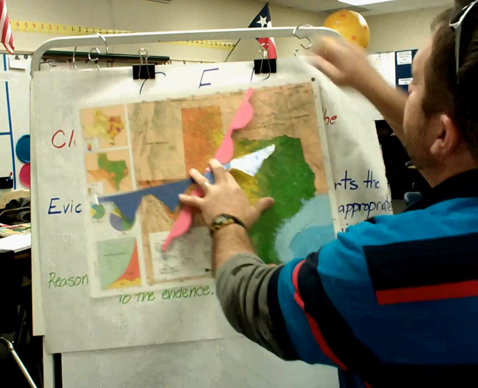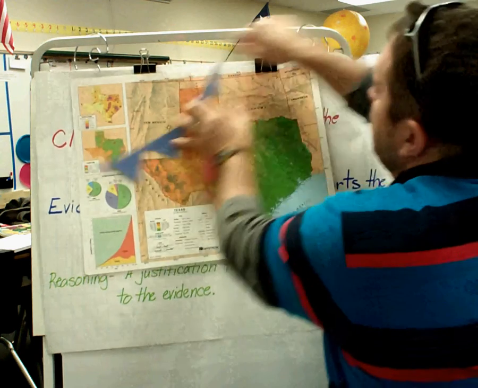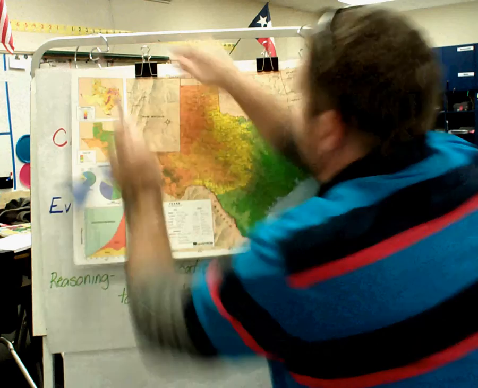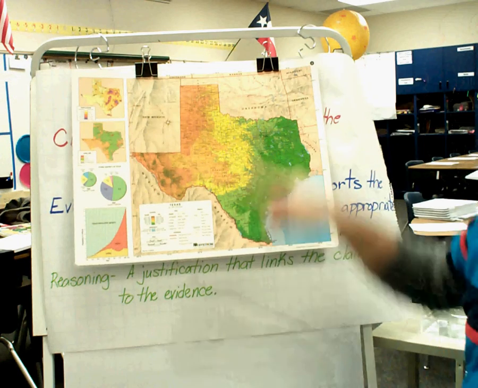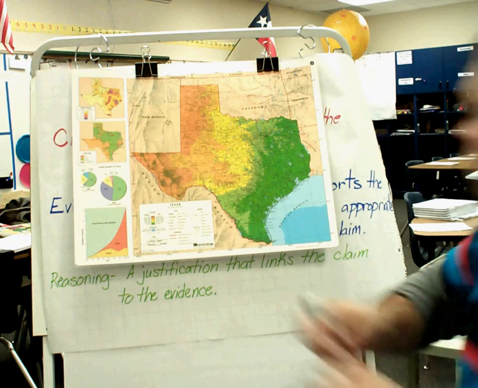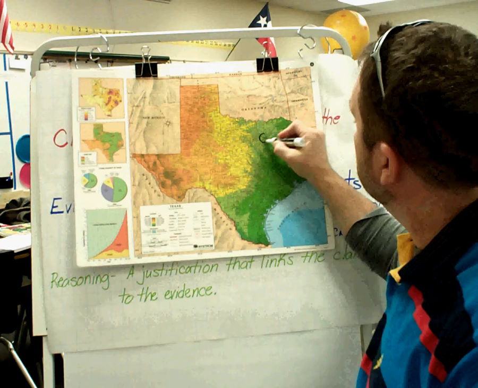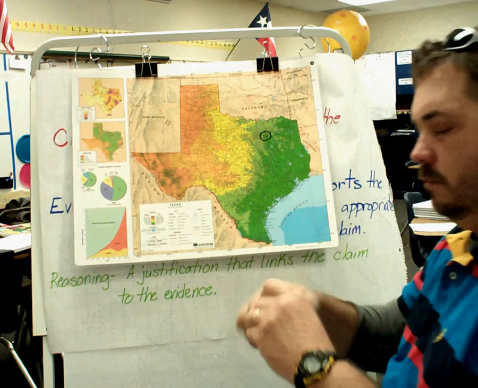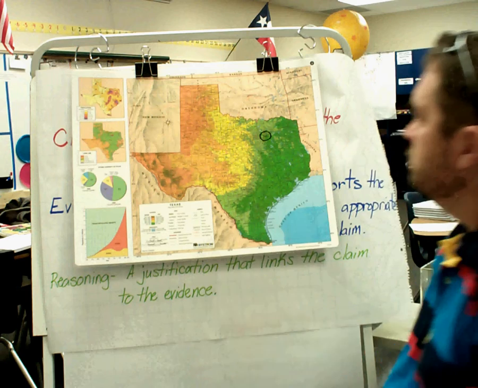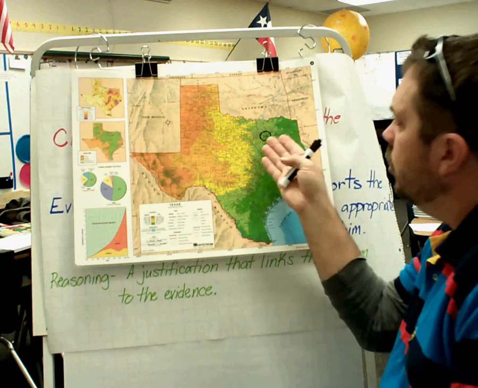Using my map of Texas, I'm going to make the claim that right here in Dallas, the weather's gotten cold and rainy. Interesting. Okay, well, what in the world signifies, looking at your data, because you should have your journals in front